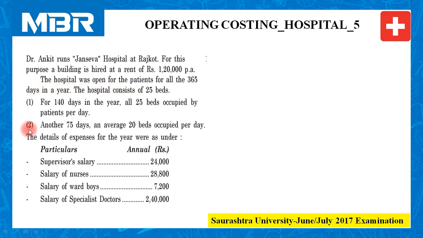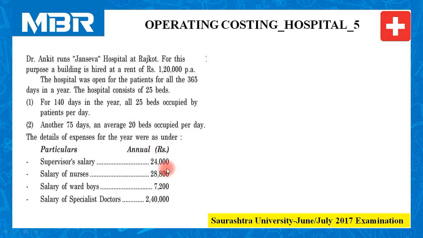So this information is enough to calculate the number of bed days, that is, the cost unit for hospital services. As I said, it is a full length question, so information related to expenses and all other items is also supplied to us. The details of expenses for the year were as under: